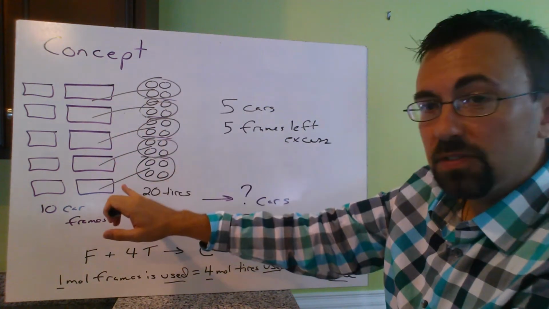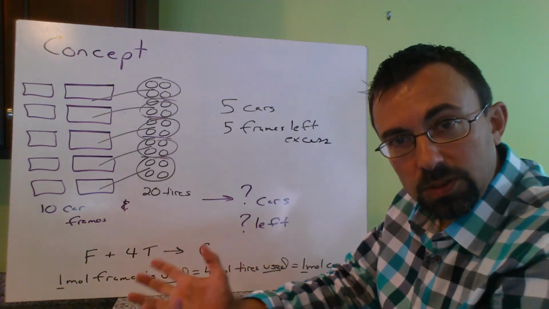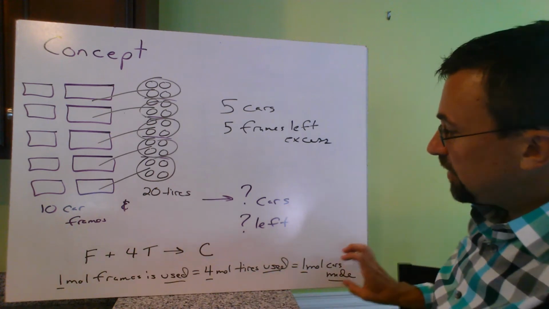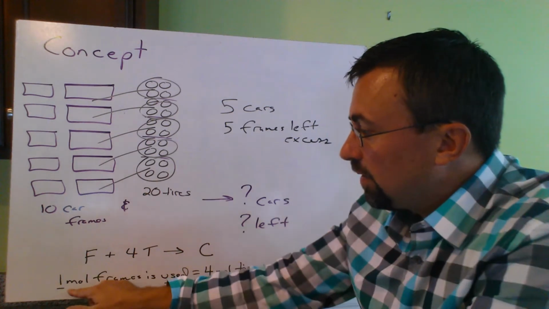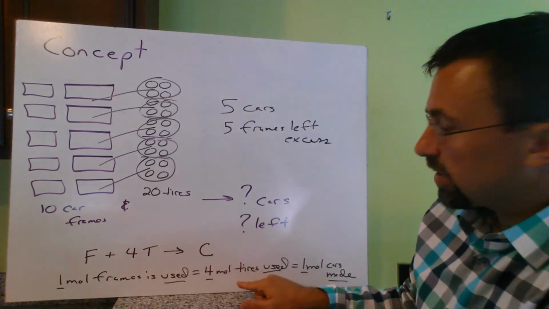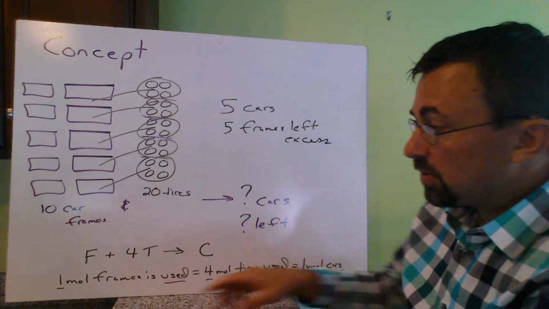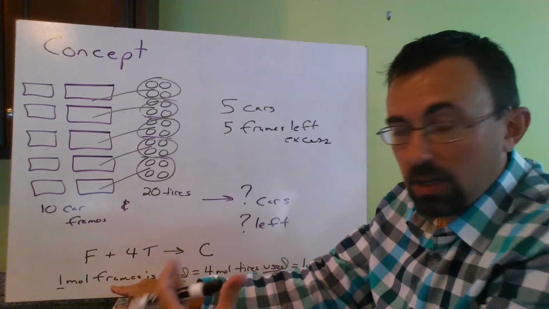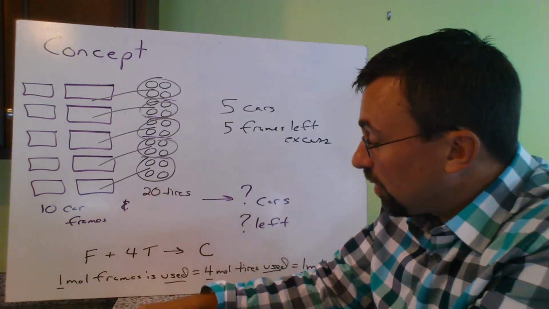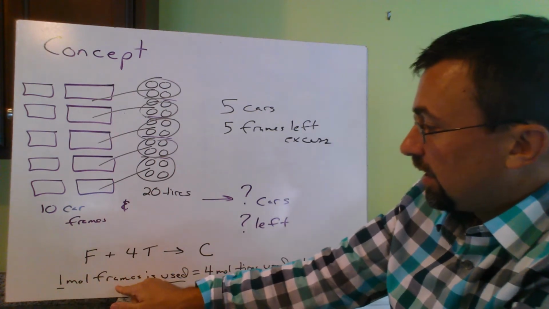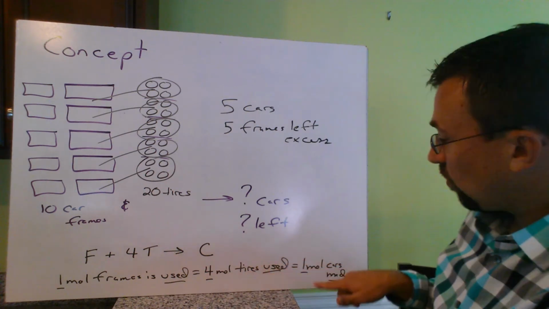mathematically here with the tires and the frames, almost subconsciously, without consciously realizing what we're doing? Well, we're basically using a ratio, and I'm going to put this in chemistry terms. This idea that 1 frame needs 4 tires and we get 1 car. So that's the basic premise. Now we make a chemistry and we say 1 mole of frames. Again, mole is just an amount. So if it's 1 frame, it's also 1 mole of frame, or 10, or 20, or whatever you want. But 1 mole of frames is used every time 4 moles of tires is used and 1 car can be